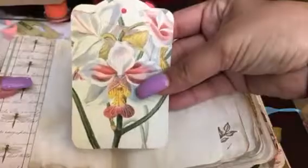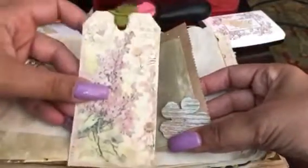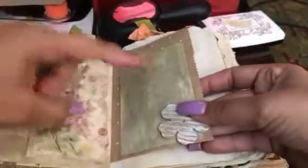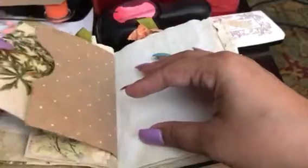And this is the die, Stampin' Up! dies. A lot of my dies are older. I think they're retired. Just stamping, corrugated. I love corrugated. And then this is just the tea. It air dried, so it had a nice faint green